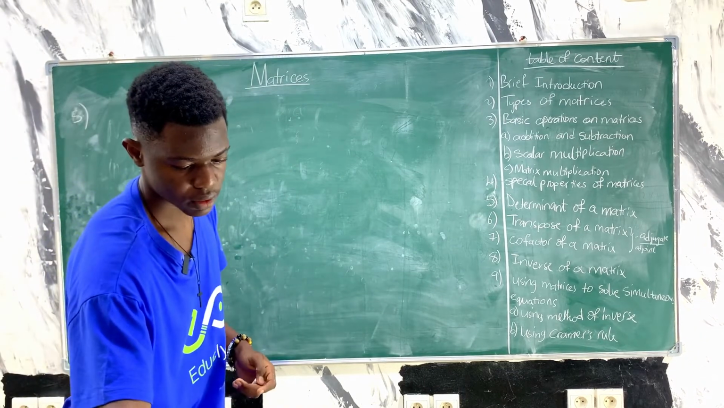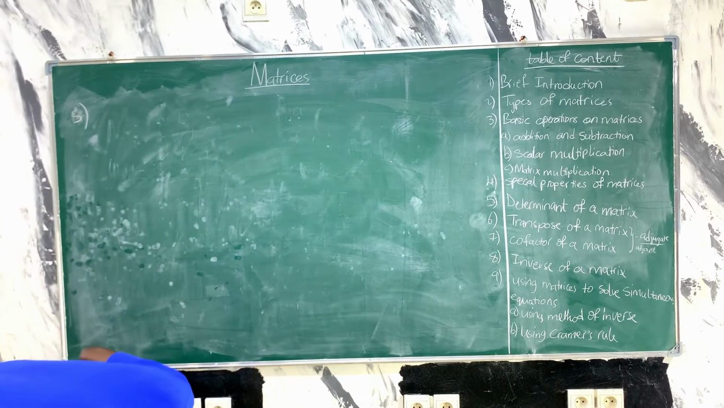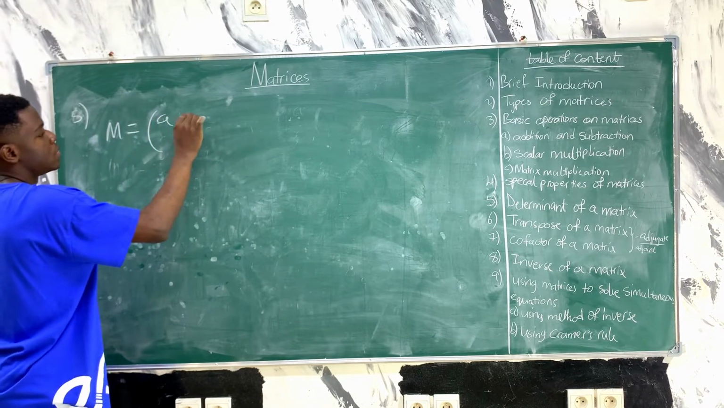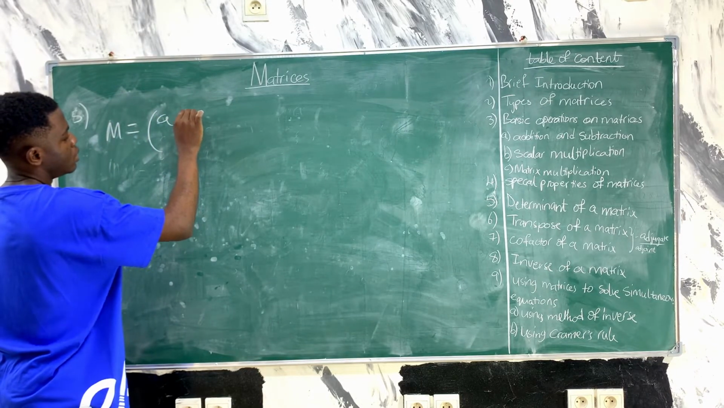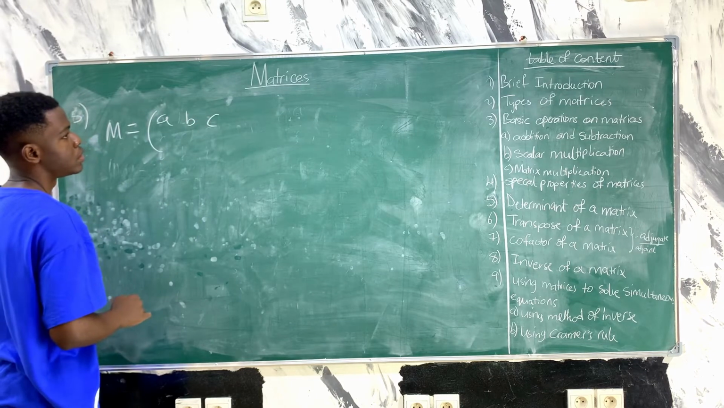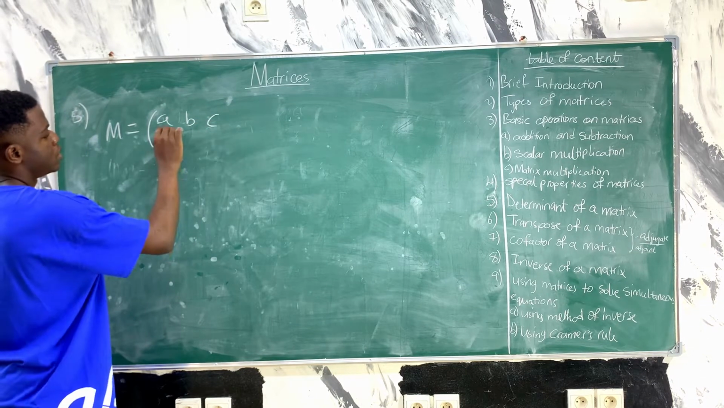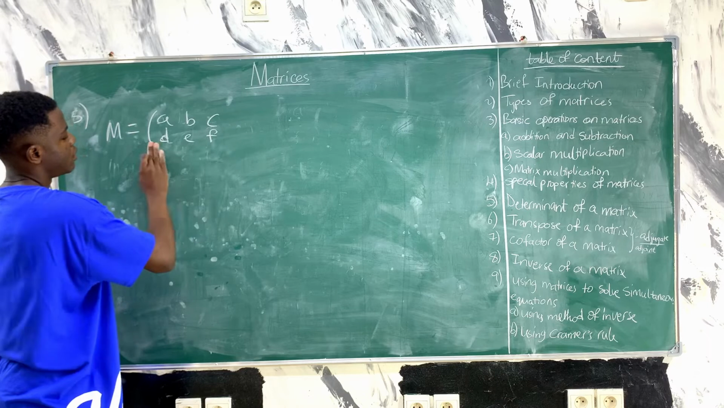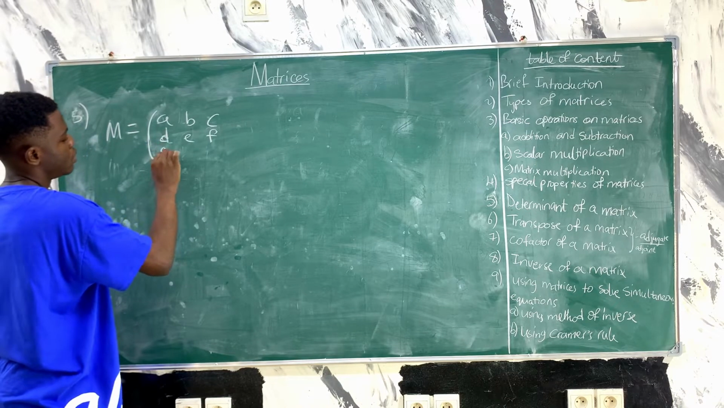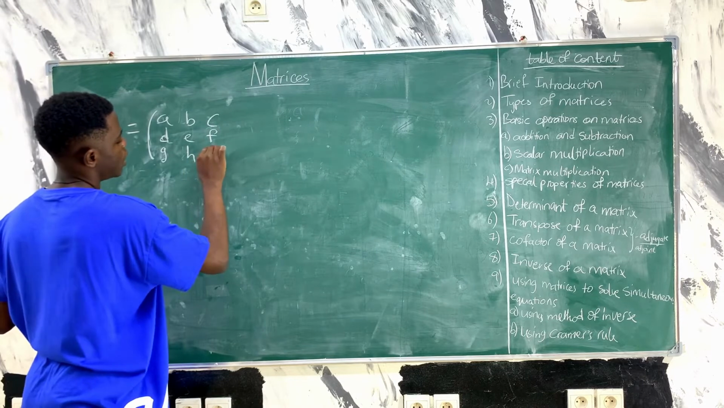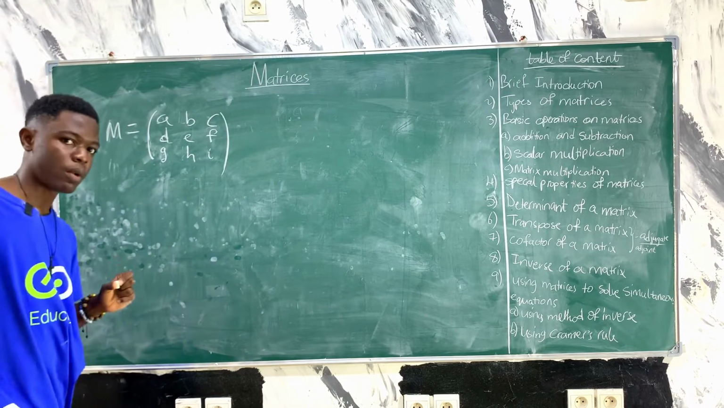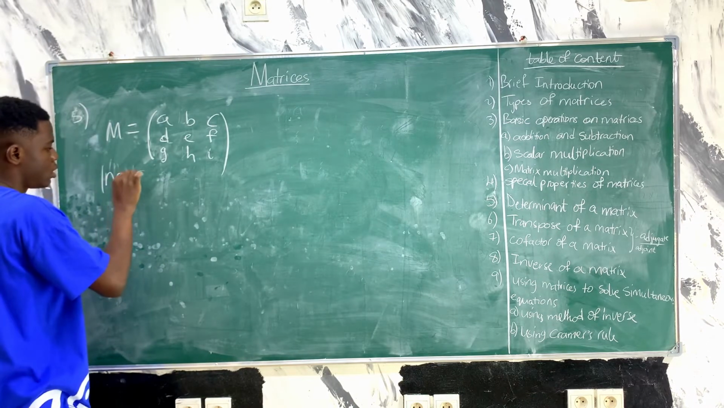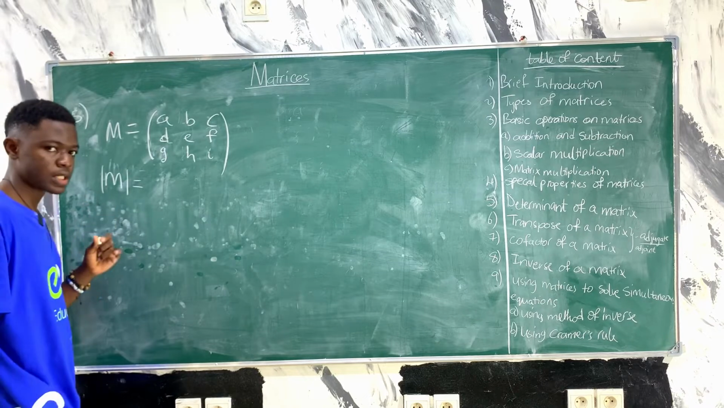Now, for a 3 by 3 matrix, let's assume M is a 3 by 3 matrix: A, B, C, D, E, F, G, H, I. So to find the determinant of M, which is represented as M without magnitude,